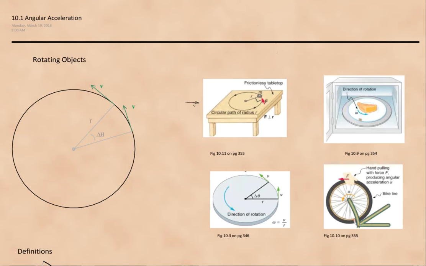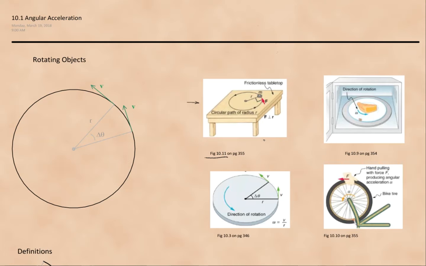We've previously analyzed objects moving in a circular path and derived the equation for centripetal acceleration, but this chapter deals with rotating objects. Figure 10.11 shows an example of circular motion. Here a mass is attached to a string and it is being pushed around a circular path on a frictionless table. We'll come back to this situation a little later and use it to help us understand the concept of